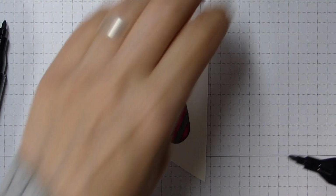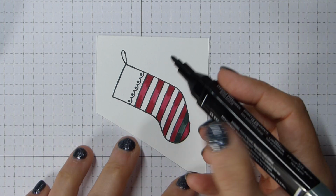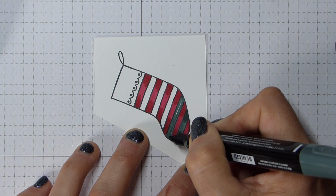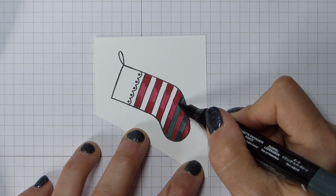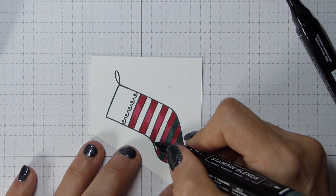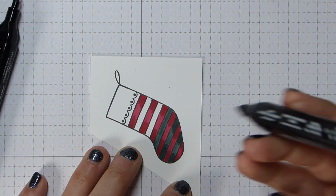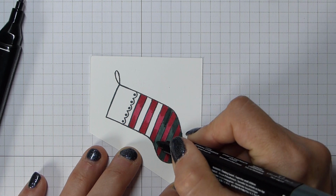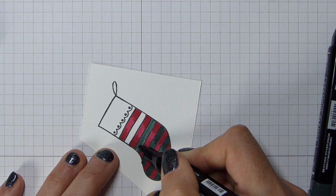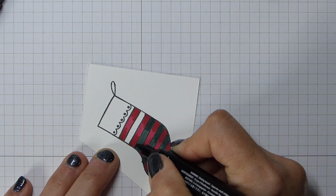So light, dark, I'm doing the same, and I'm trying to follow where I put my cherry cobbler ones, just so that the light seems to shine in a line. Okay, so we're just going to go all the way across. Nearly there. Normally I would have one that I prepared earlier, but I didn't think to do it with this. One left, and then just to finish this bit off,